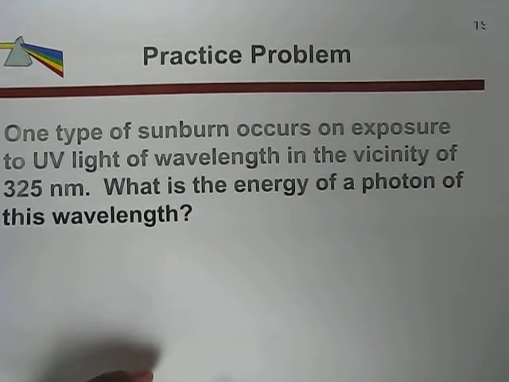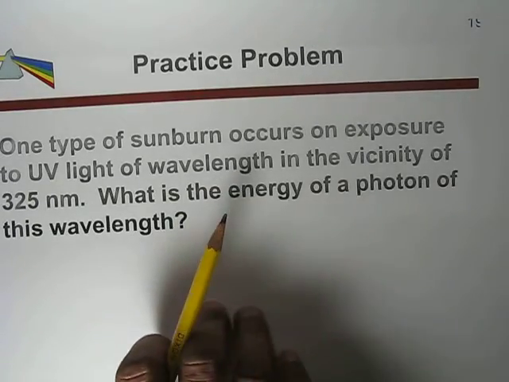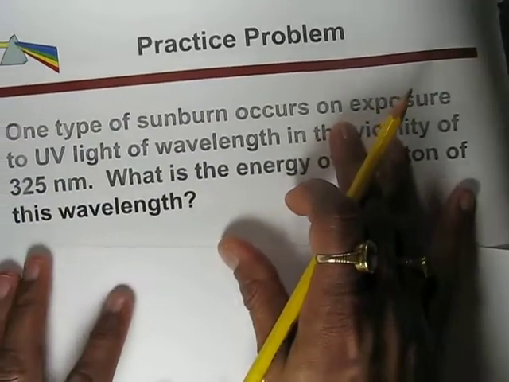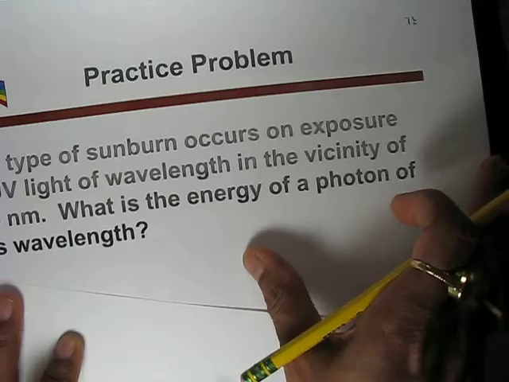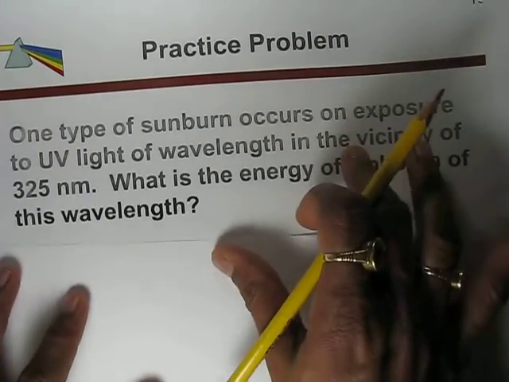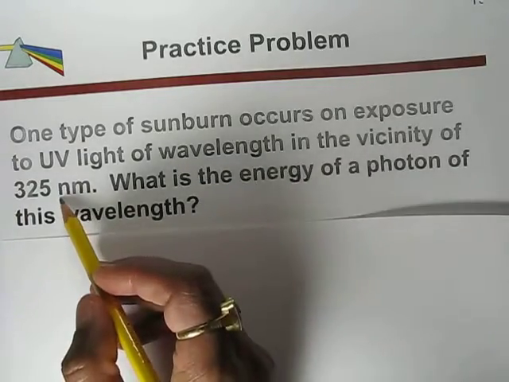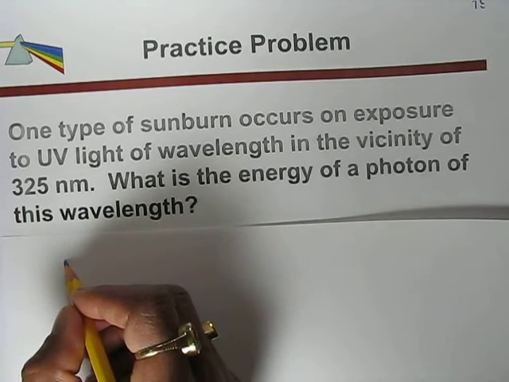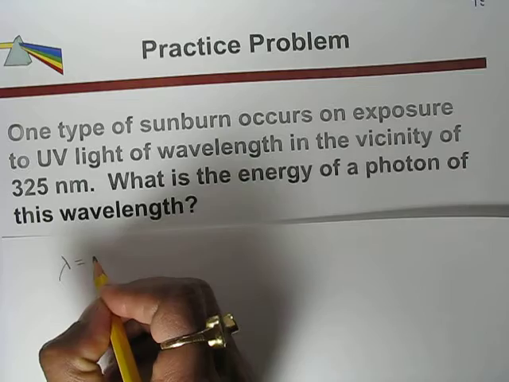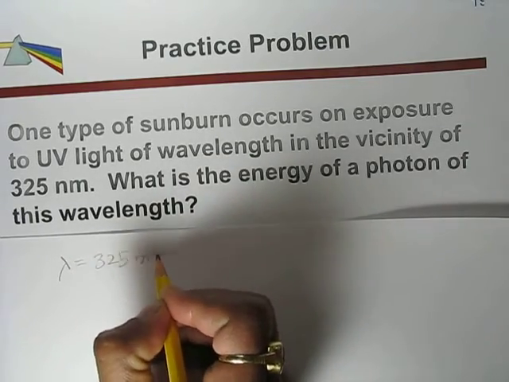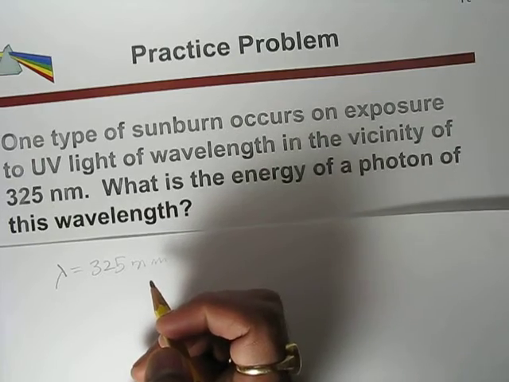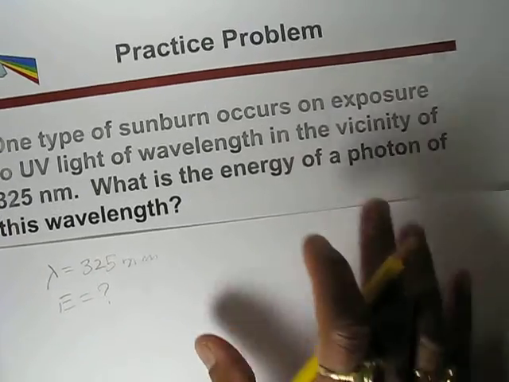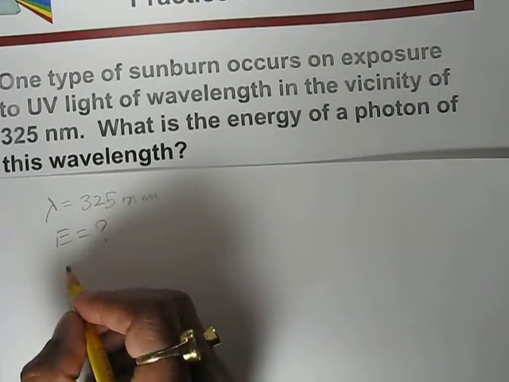So in this question they are saying that if sunlight is emitting 325 nanometer wavelength, which is basically UV light. So you can see wavelength lambda is given, which is 325 nanometer, and they are asking how much the energy of the photon will be. So how can we calculate it? As we have just seen in the previous relationship,